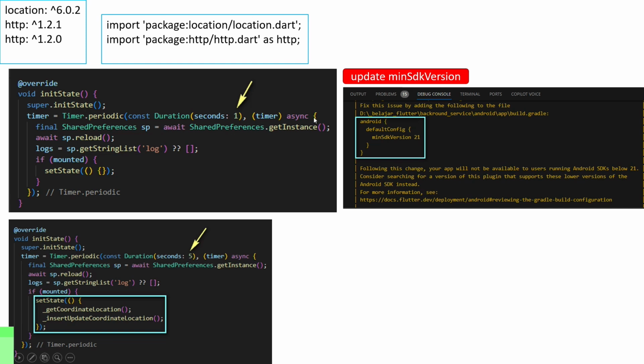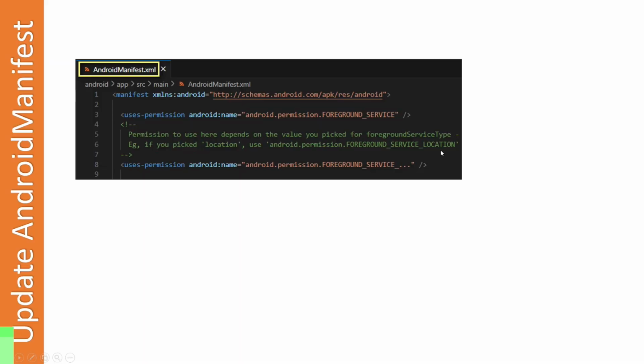And then if you run it, before finishing, you must change the default config to minimum SDK version 21. In the Android manifest, you can add this. We have already mentioned, and I have shown you, to add this script to your Android manifest.